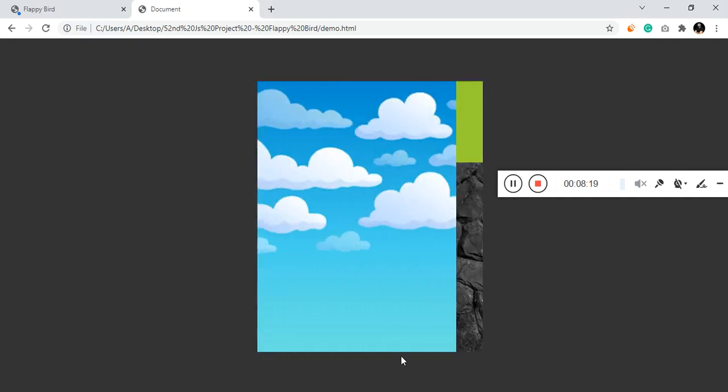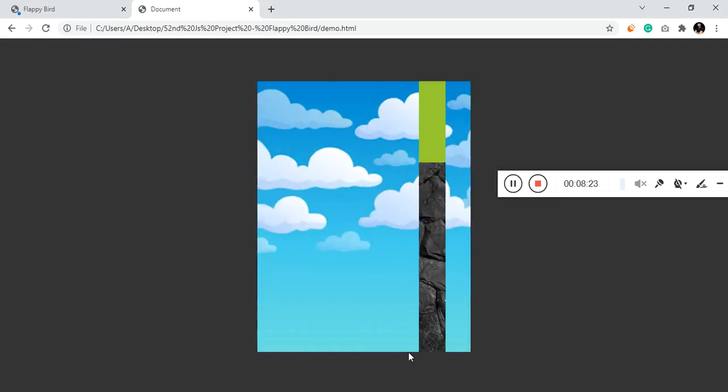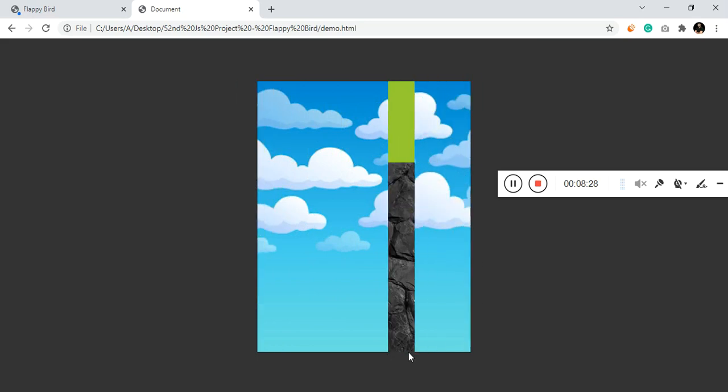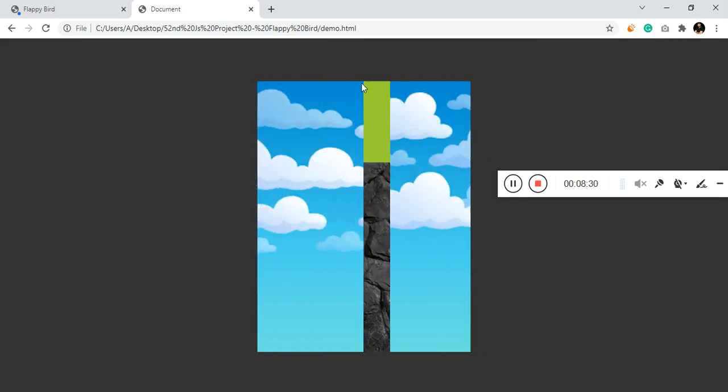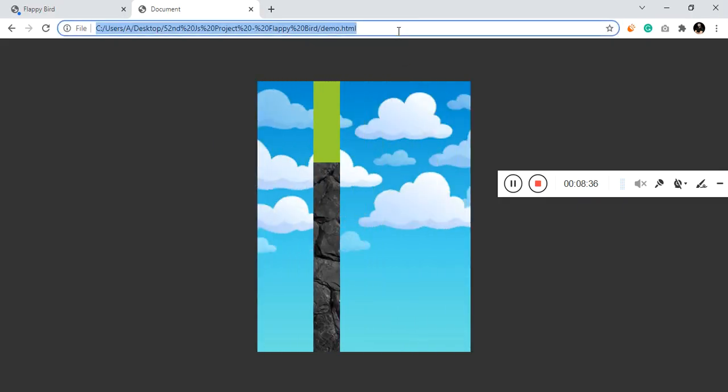So since it is starting below the block, the height of the block is 500 pixel. So if I give minus 500 pixel, it starts from the origin. So I think the explanation is clear. If you don't understand, just rewind it and watch again.